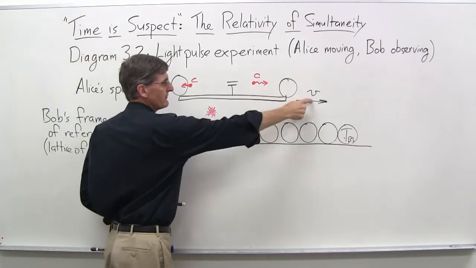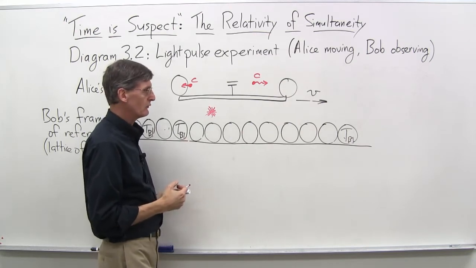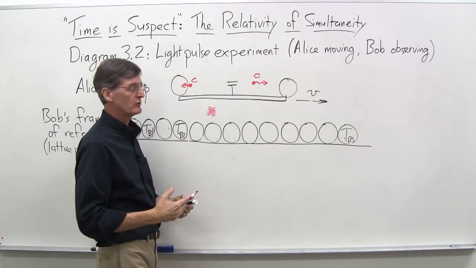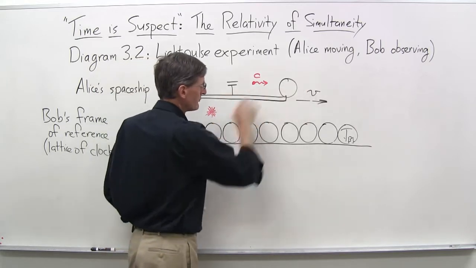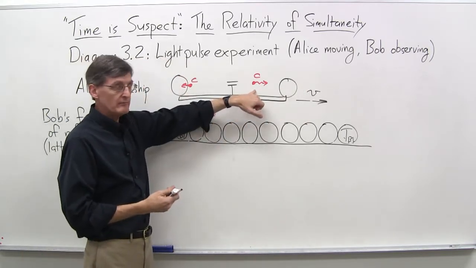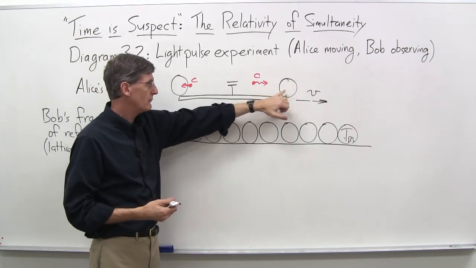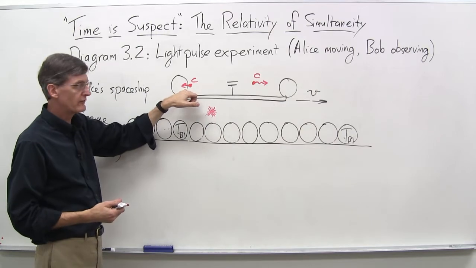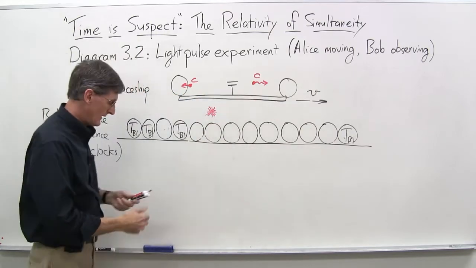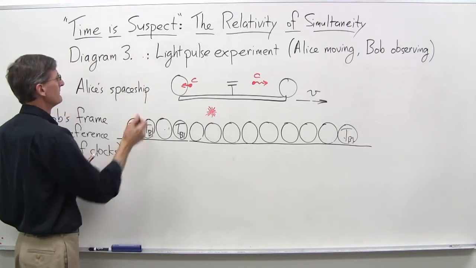Obviously, the speed of light is going to be faster than v here, v being less than the speed of light. Why it has to be was another issue we'll get to later on in the course. But the speed of light goes at c. It's valiantly trying to catch up to v. Eventually, it will catch up to v, but not yet. This one reaches here first. This one is still heading in that direction, so that leads us to diagram 3.3